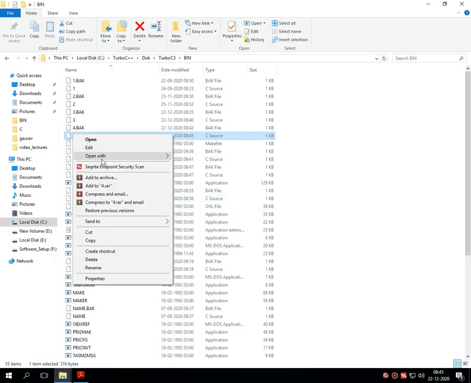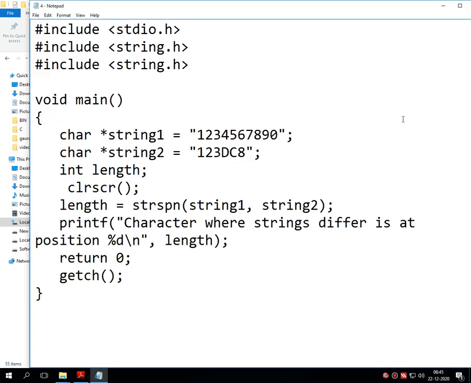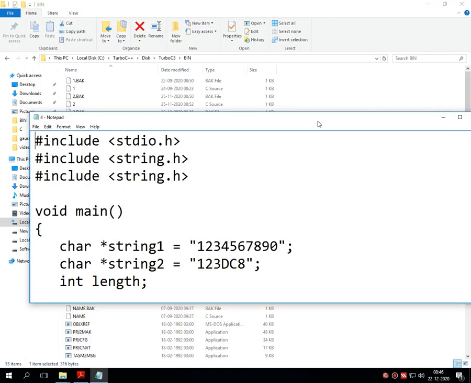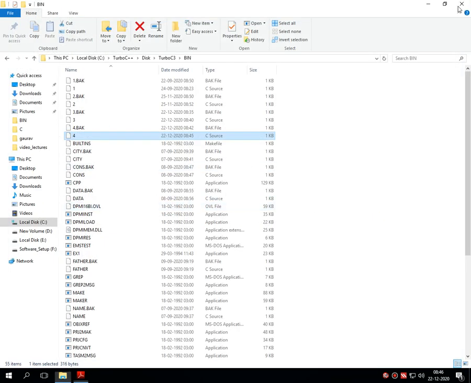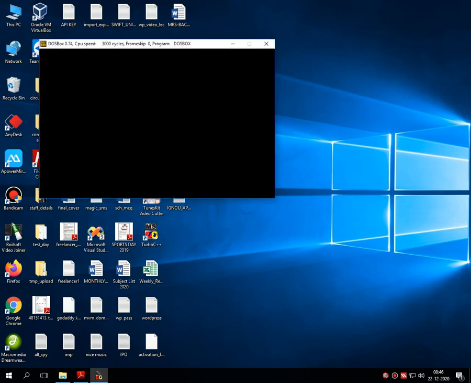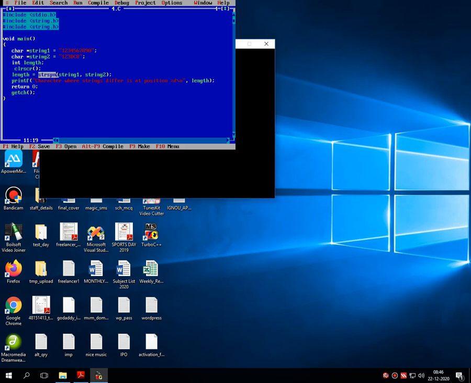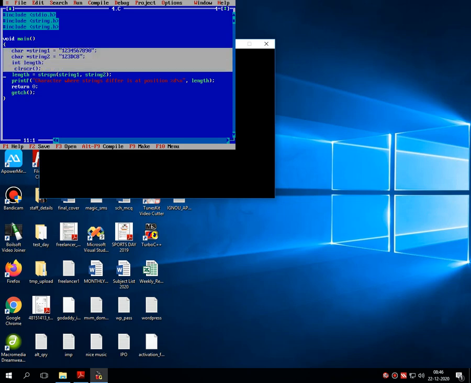Let me reopen it. So just write down this particular program for your reference. We'll modify this particular program by using array that we have already discussed in our previous lectures. So let me go into the C again. What I am doing is, let me remove this entire program,